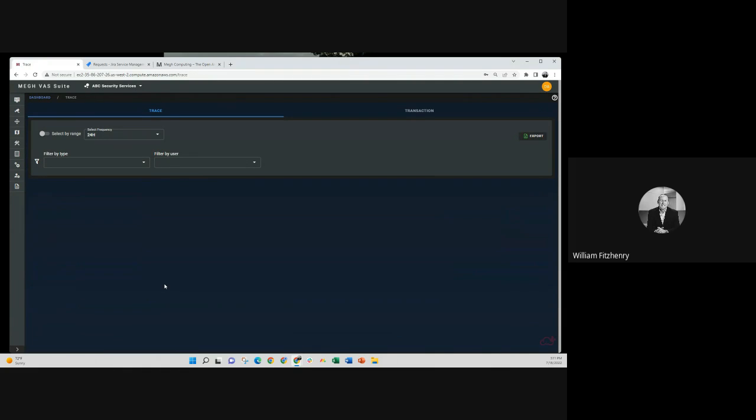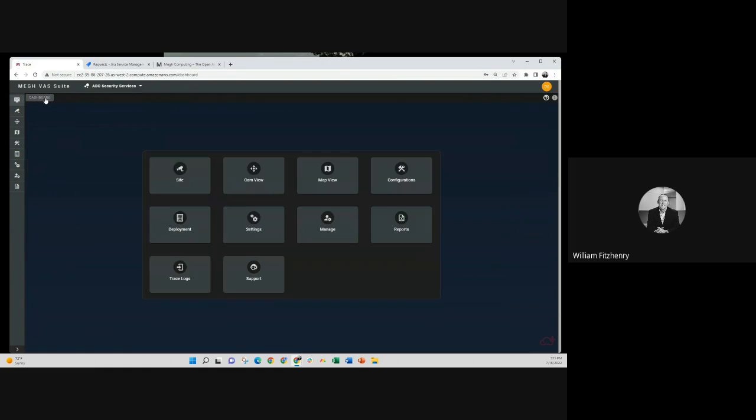And then the last icon down here is really kind of a track and trace. So this is where you're able to do an audit report for users in the system and what they've done inside of the dashboard and what functions they have. And again, being able to export that. So trace is really an audit function for the dashboard itself, whereas reports is a reporting function of